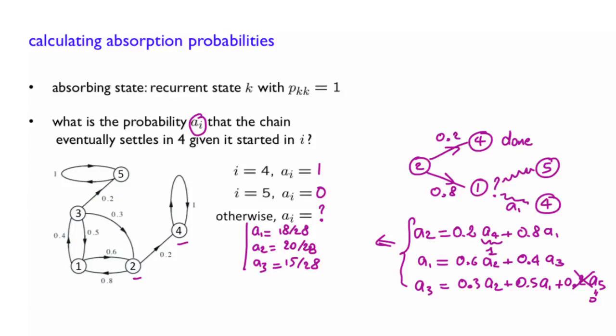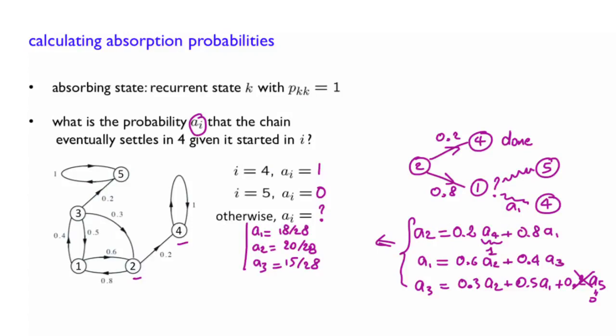As an aside, note that you could have written a system of 5 linear equations with 5 unknowns, the 5 unknowns corresponding to the 5 possible states. In fact, we had our 5 equations here. Here was 1, another one here, and 1, 2, 3. So 3 plus 2, 5. Of course, this one was easy. It was A4 equals 1 and A5 equals 0 that you can replace, and you get a restricted or smaller system of 3 equations with 3 unknowns.